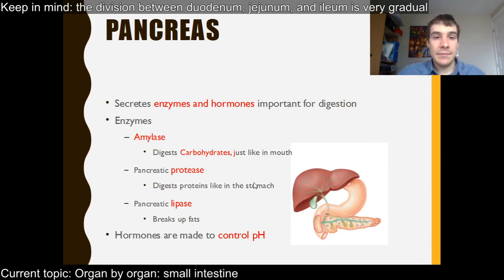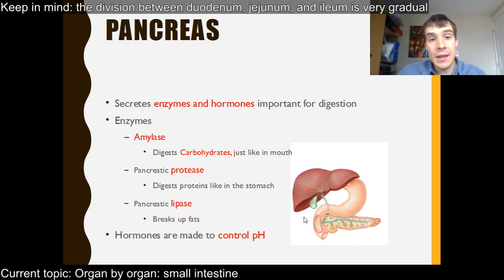So let's talk about the pancreas first. The pancreas makes most of these digestive enzymes. It secretes most of those digestive enzymes. And here's kind of a cool picture of the connections between them. Here's the stomach. There's the start of the small intestine, the duodenum. So the sphincter would be around here. And the liver is up here. The pancreas is here, and the gallbladder is here. So you can see that they all kind of feed in through the same tube to the small intestine,